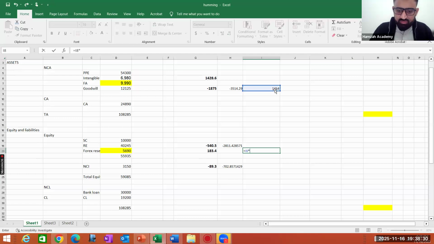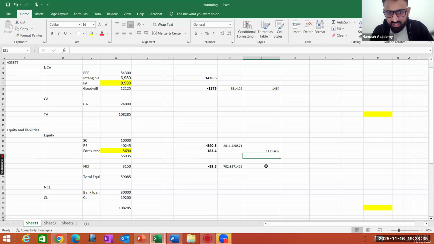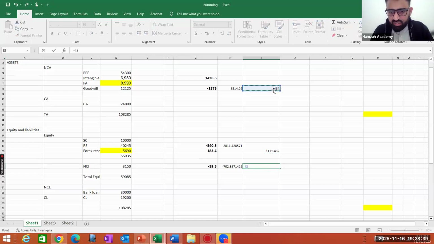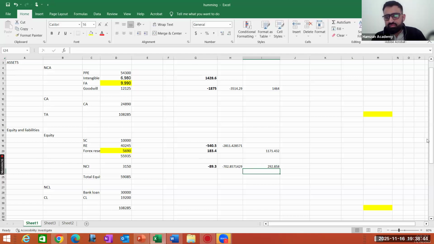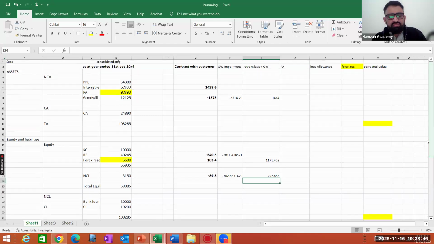80% will be recorded in forex reserve and 20% share will be given to NCI. So all the entries other than the goodwill recorded at the date of acquisition, all the other entries in goodwill have been performed: customer contract, goodwill impairment, and retranslation of the goodwill, and that has been